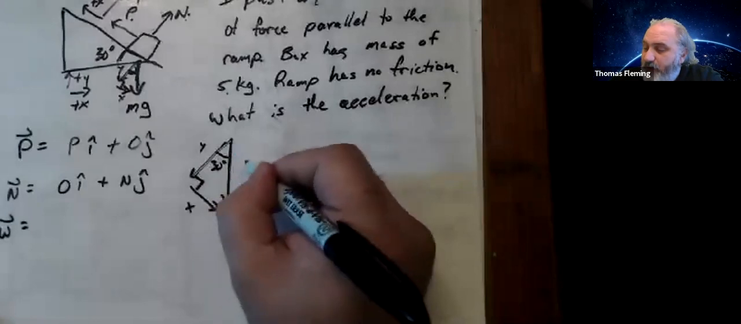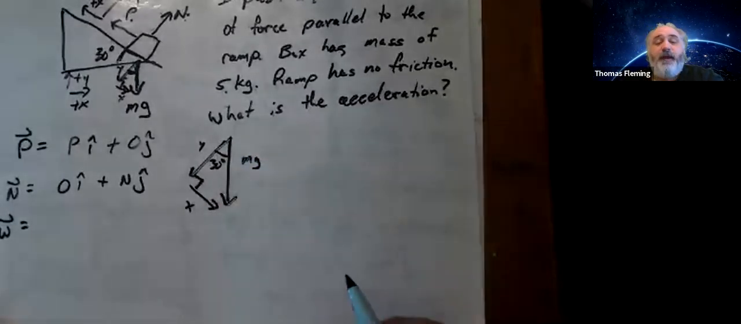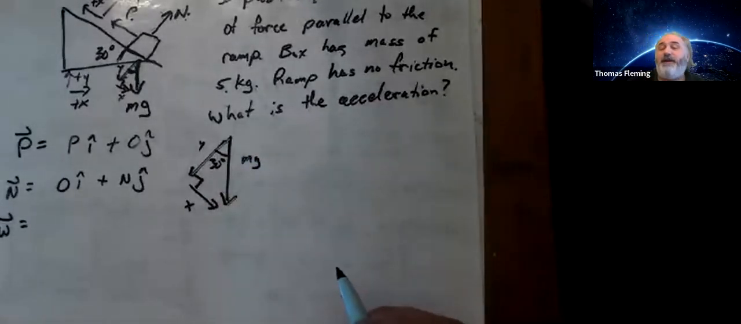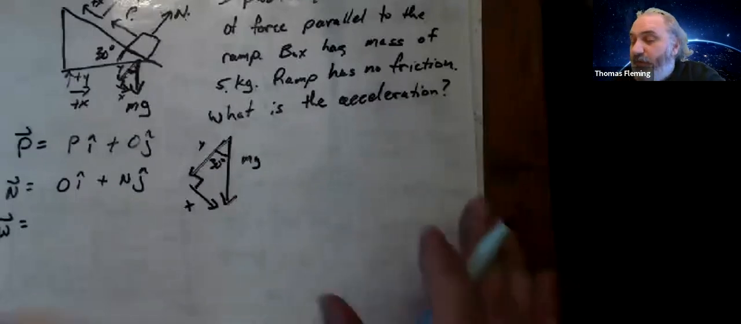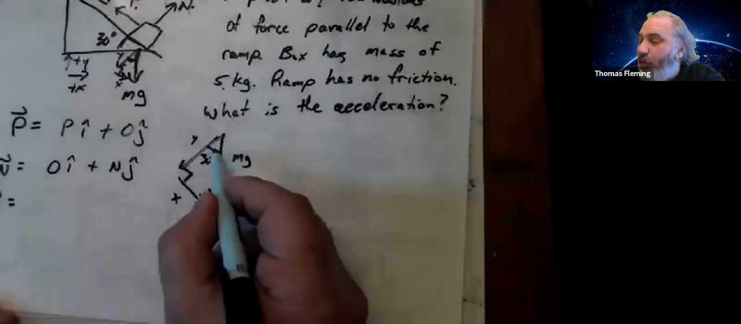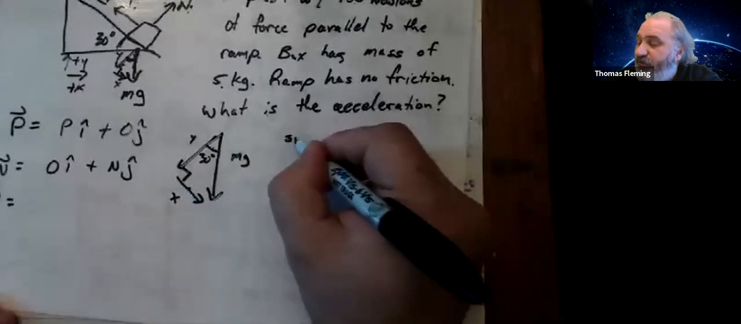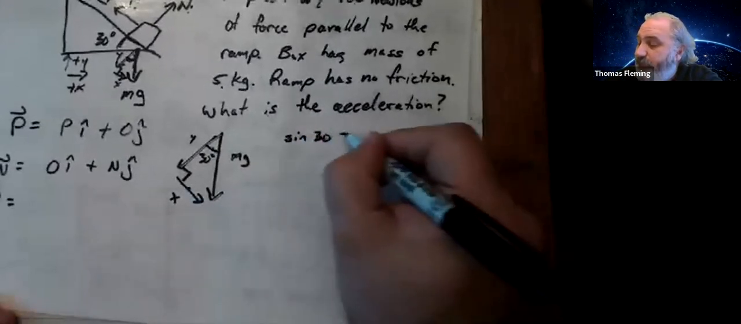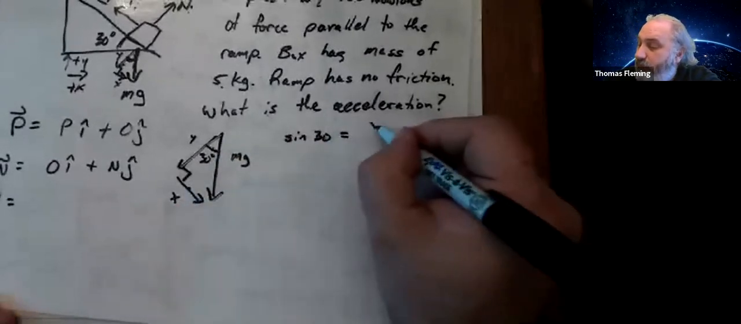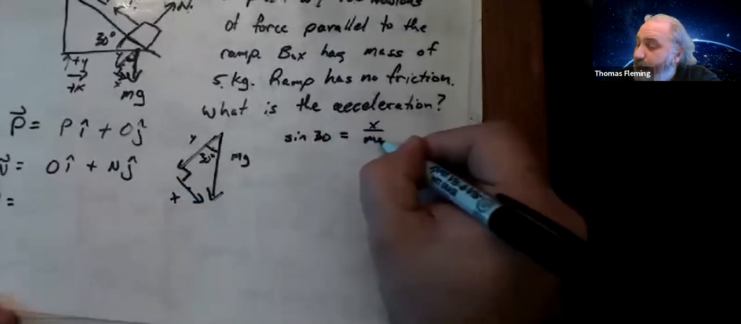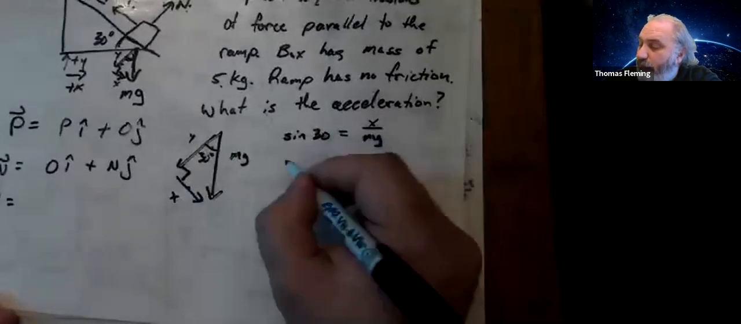This right here is the hypotenuse equal to mg. And once I see that triangle, now I can do SOHCAHTOA to figure out the parts. Notice the x part is the opposite side of the triangle. So if I do sine of 30, that's the x part over mg, which means the x part will equal